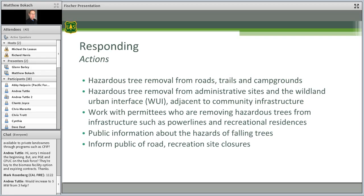There's also the issue for us on federal lands of needing to go through some environmental planning. And around admin sites, this is a generalization of what I'm about to say, it's generally easier for us to immediately address hazard trees. Within the Giant Sequoia National Monument, which covers a large chunk of the Sequoia National Forest and Sequoia Kings Canyon National Parks, that is not quite as straightforward, but they're still out there addressing things as they can and figuring out, defining the problem so that we can do the necessary NEPA analyses and documents that we need in order to continue